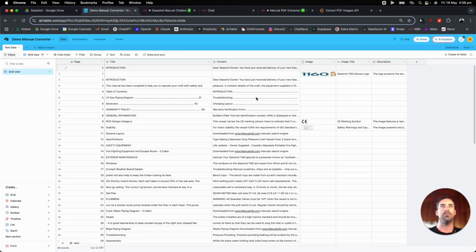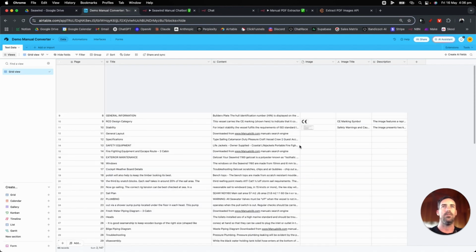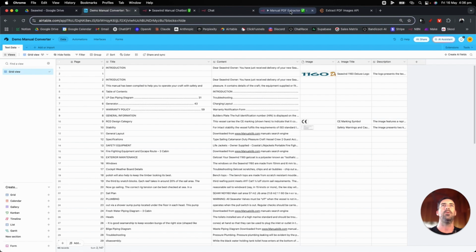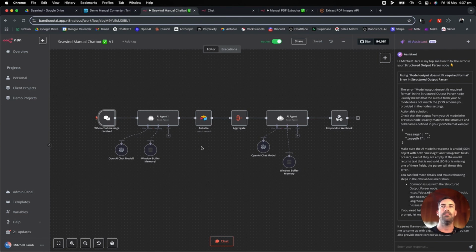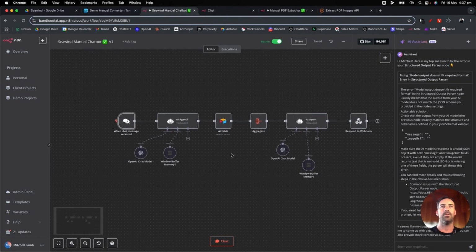I haven't run the full thing again, but you can see it started to do a few of the images. I think I got 17 or 18 images in there, so I didn't want to go through and do them all. And then for my chat, you can do this the vector database way, but I've kind of just made a little demo like this, which I sometimes do. And basically all this is doing,